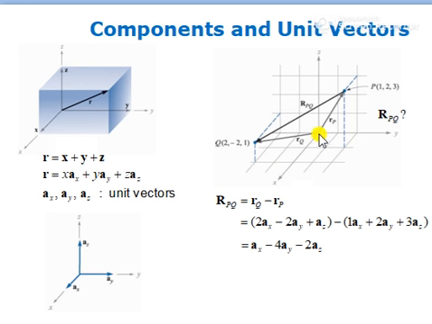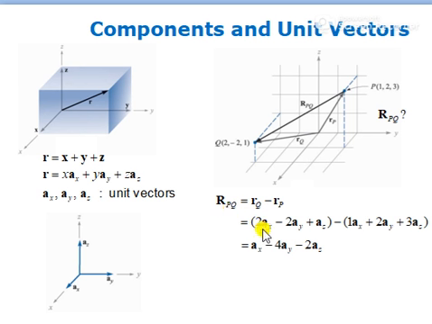Now next, for example, we take here the origin. From the origin we have two vectors rp and rq. So these rp and rq are considered as radius vectors, from the origin to point p, which is 1, 2, 3, and q is at point 2, comma minus 2, comma 1. Now we want to find the distance between these two points, that is rpq. That will be the radius vector rq minus rp. So rq is a radius vector, rpq is called the distance vector.